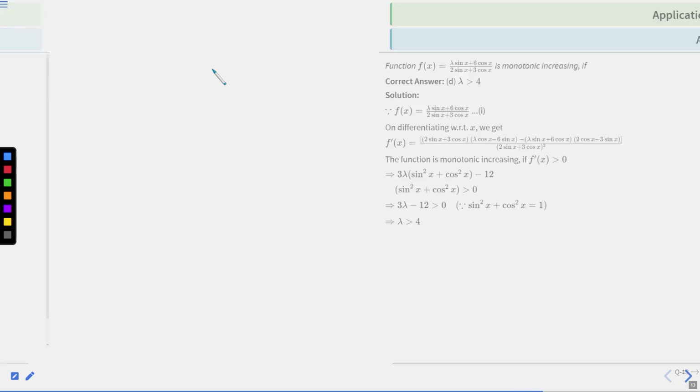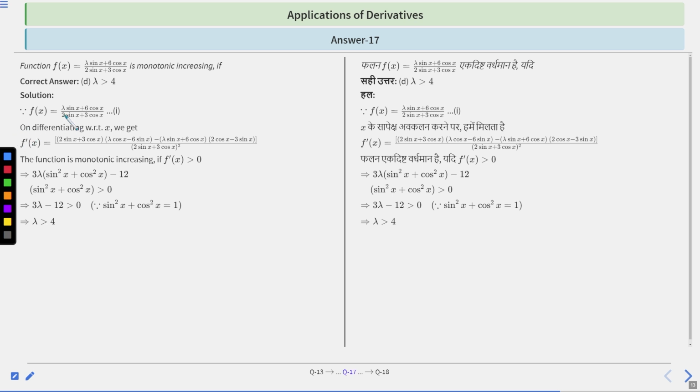Okay, let's move to the solution part C. f(x) is given as (lambda sin x + 6 cos x) upon (2 sin x + 3 cos x), right? So for this function to be monotonic increasing, let's find f'(x) first, right? On differentiating with respect to x, we get f'(x) is equal to,